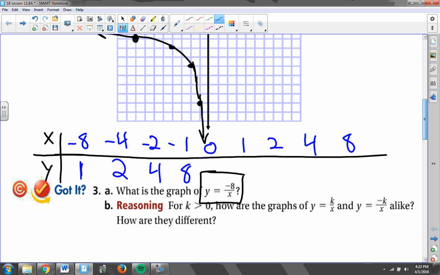Once again, at x equals 0, I do not have a point; it is undefined. Negative 8 divided by 1 is negative 8. Negative 8 divided by 2 is negative 4. Negative 2 is there, and negative 1 right there. So if I were to graph those points,